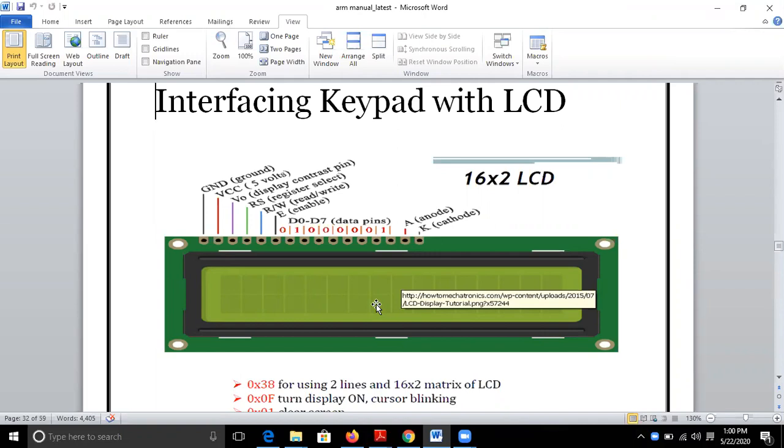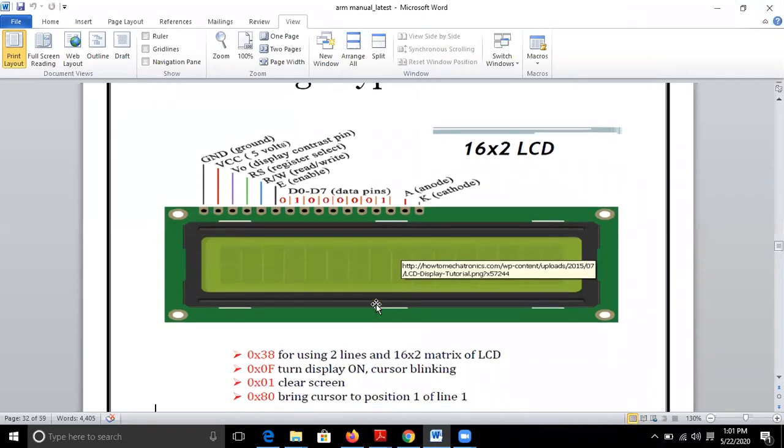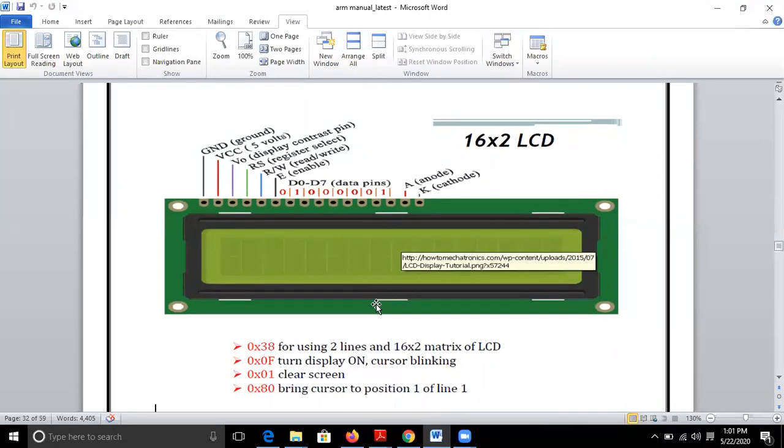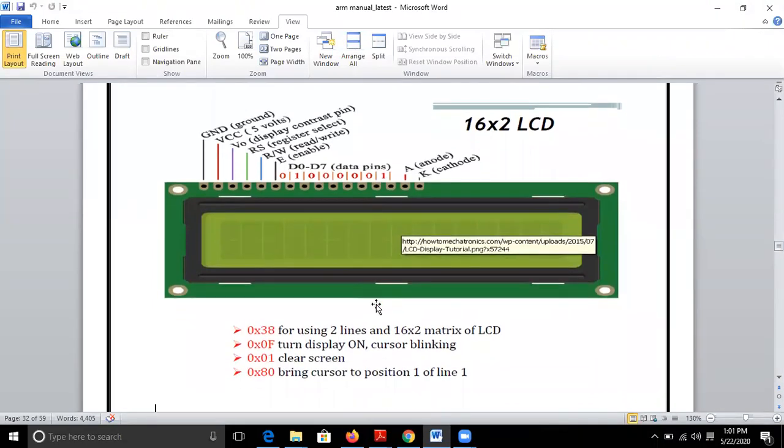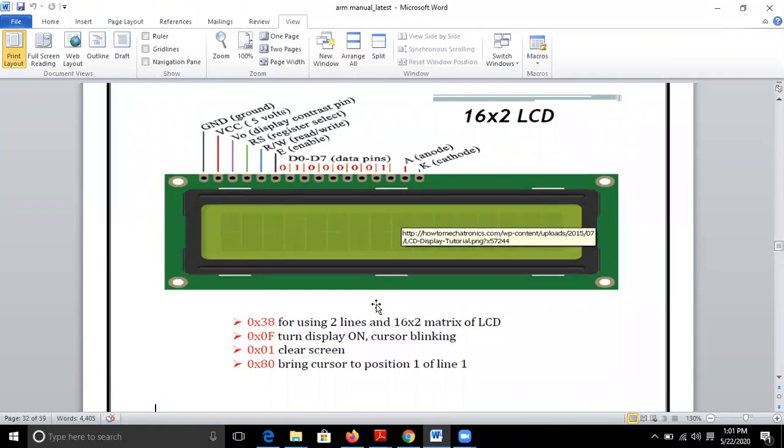Before we try to understand the interfacing part of it, let us understand the basics of LCD. The LCD that we are using is a 16 cross 2 LCD display unit, meaning that there are two rows and in each row you can display 16 characters. This is the